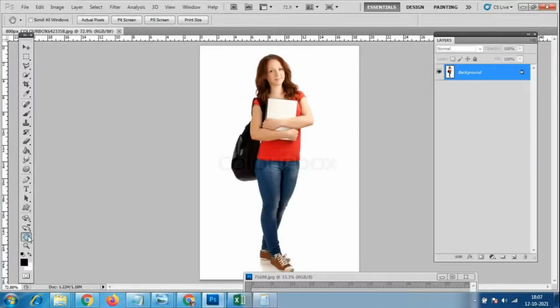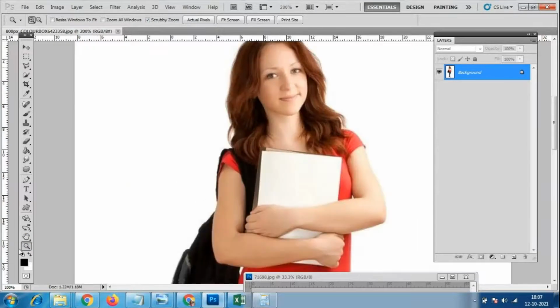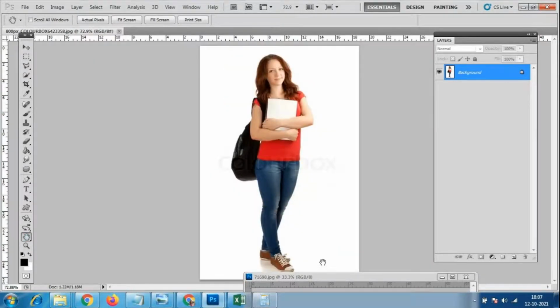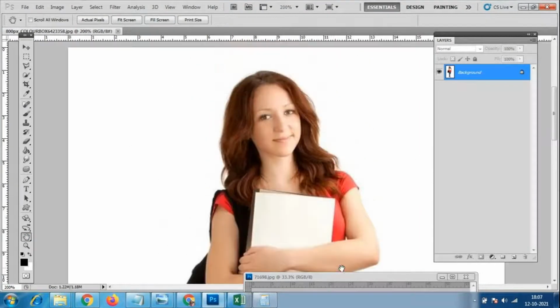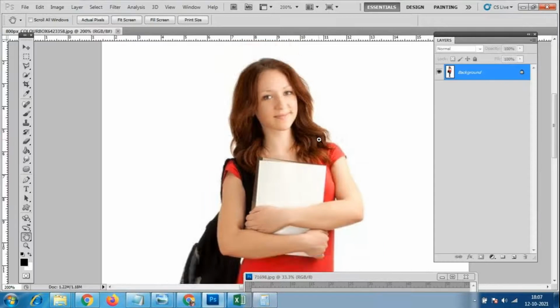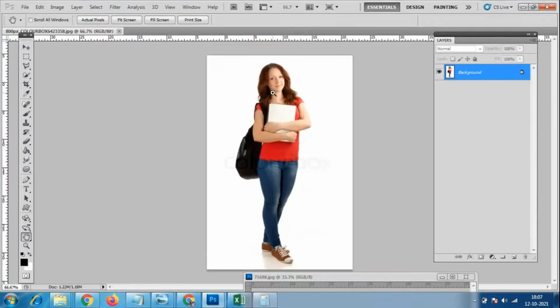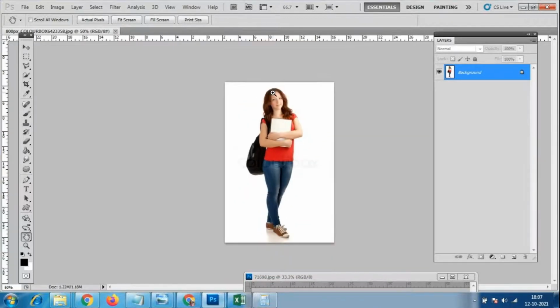This is the hand tool and we will zoom like this. Otherwise, use the shortcut Control plus plus, and you can use the mouse scroll. Wherever the mouse is, it will zoom there. Control plus plus, Control minus minus.